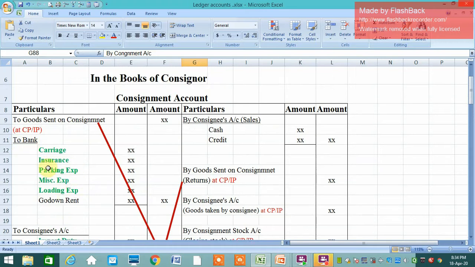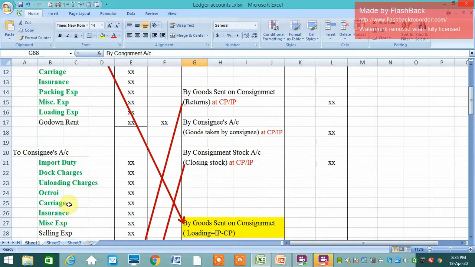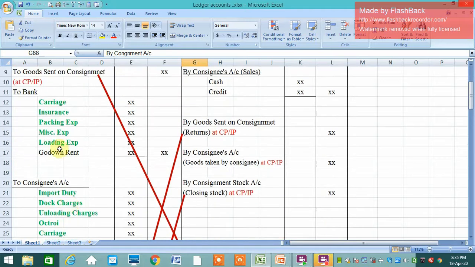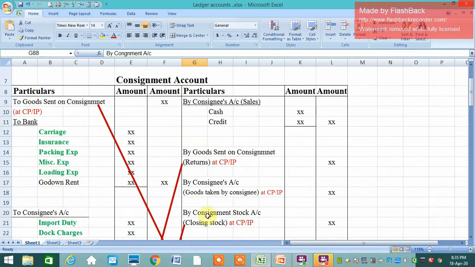Now whether expenses are incurred by the consignor or the consignee, while making the list, I have made a bifurcation here. I have highlighted these expenses in green color. The expenses highlighted in green color are non-recurring expenses, and those in black color are recurring expenses. Why is this bifurcation made? Because when we do the valuation of closing stock, students, we have to do that valuation in two steps. The first step is proportion and non-recurring expense. At that time we have to consider only non-recurring expenses. So you should know what the non-recurring expenses are.